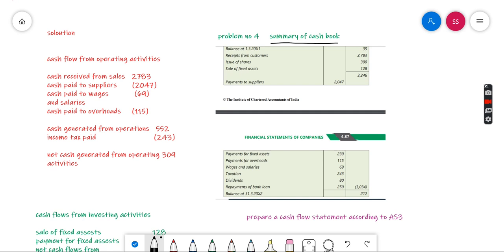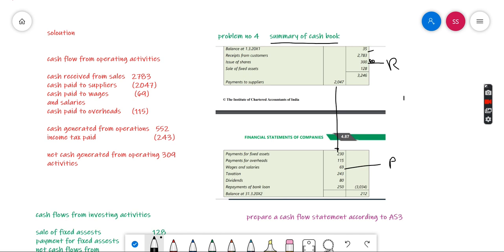So this is the opening balance of the cash book, 35, and then receipts from the customer, issue of shares, sale of fixed assets, and then payments. So this side is all receipts and this side is all payments, right? Based on the cash book, we have to prepare the cash flow statement. They didn't mention which method we have to prepare, whether we have to use the direct method or